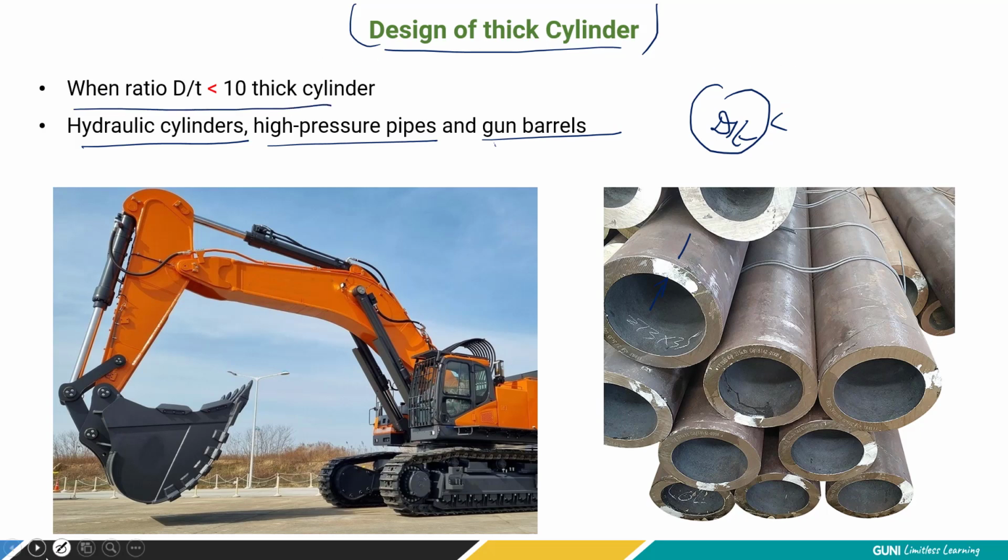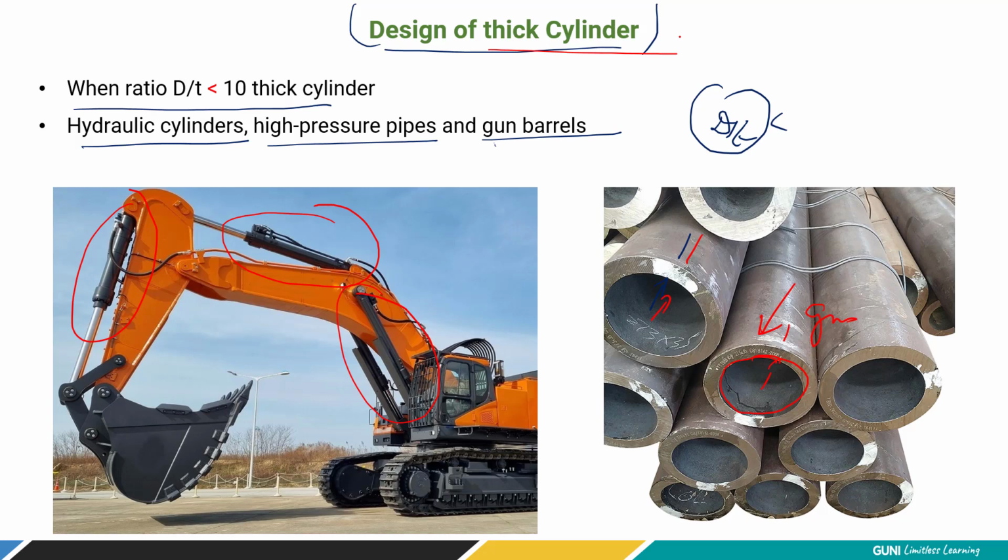Just look at the picture over here. This is a representation of a thick cylinder. Hydraulic cylinders are the best example to understand it. All the hydraulic equipment like excavators operate with the use of hydraulic pressures. Even here, if you look carefully, this is the pipe for gun barrels. The shell thickness is very high, so you can understand the very high pressure it holds. Hence, to sustain it, its shell thickness is made larger. These kinds of cylinders fall under the thick cylinder category.